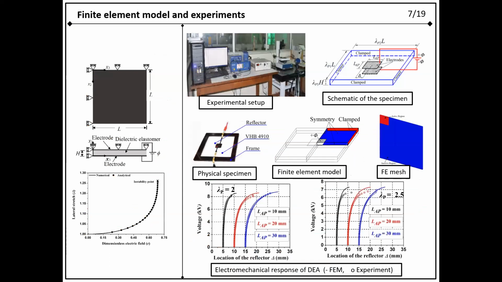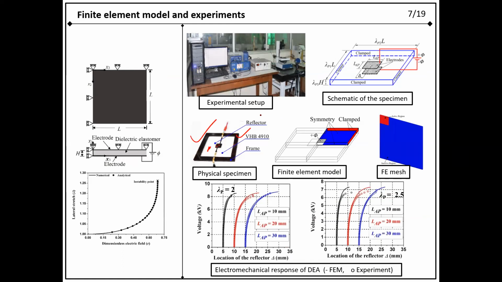Now we can go to the actual actuators and the modeling of those actuators, and whether these models are capable of capturing the response of such actuators or not. So this is a case where the deformation at this point and this point are not the same. We have already seen such a configuration in the first slide.